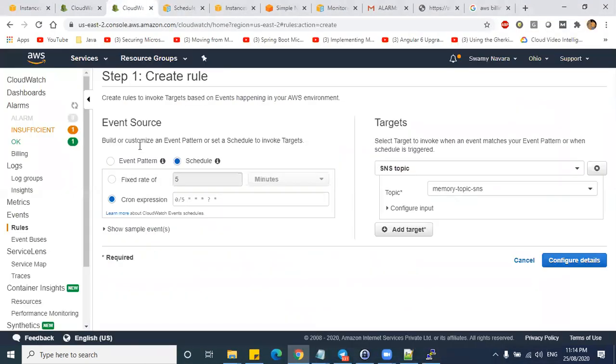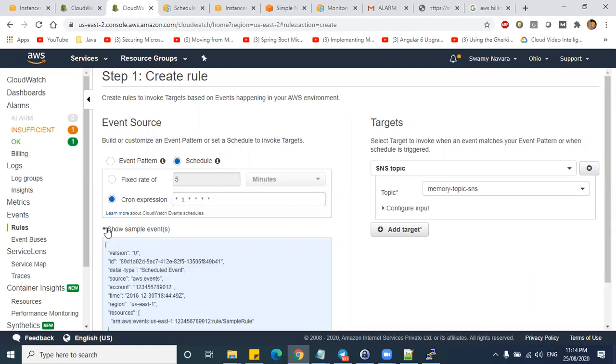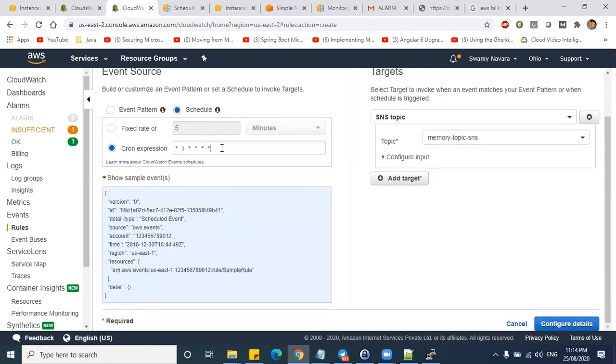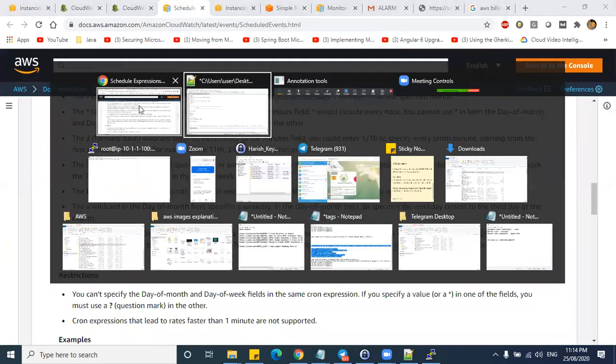So if you copy that cron expression here, and enter. Okay, let us copy.